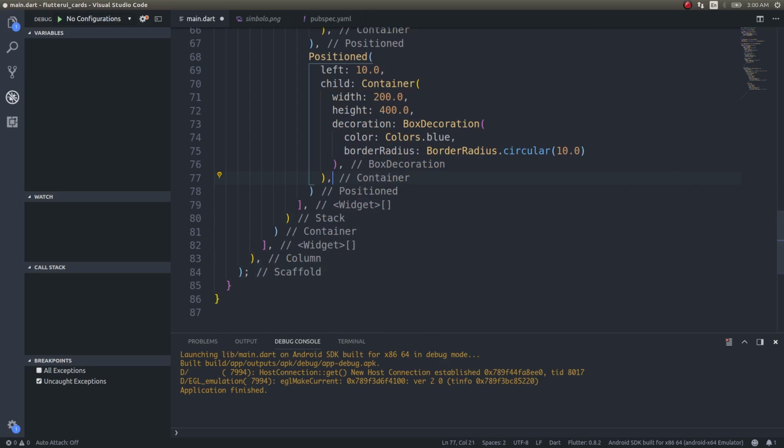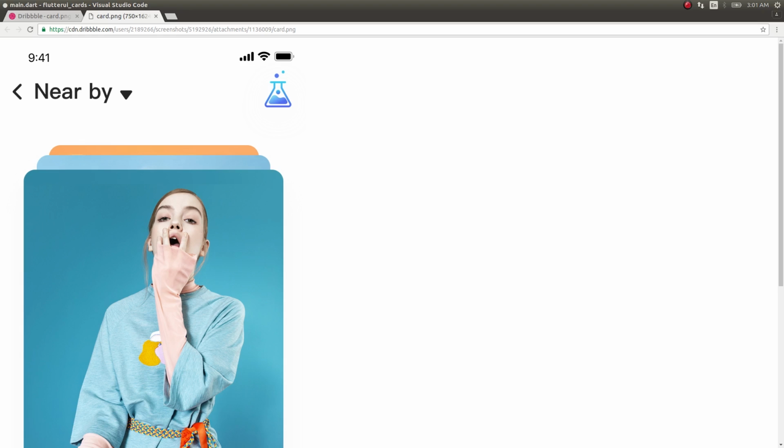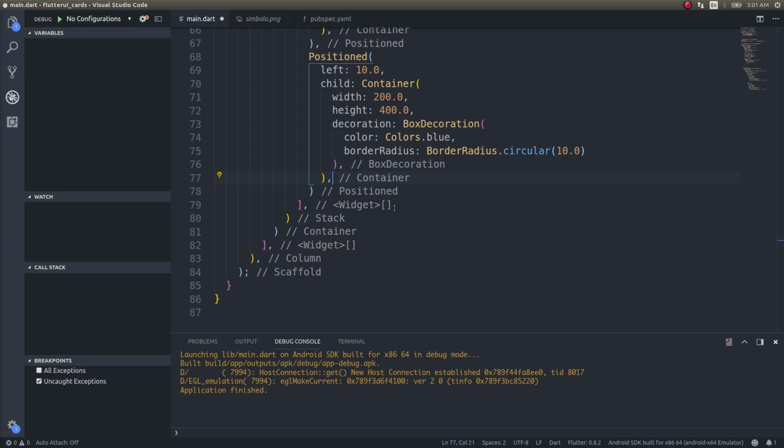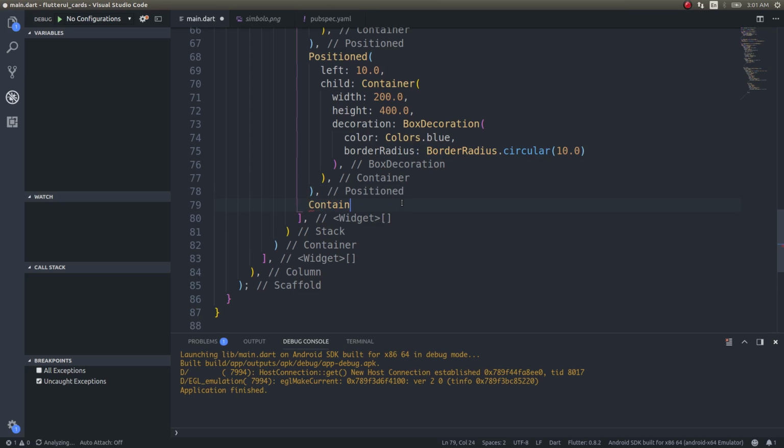Fine, we have a couple of position widgets, and the third one will be a container widget. Why is the third one the container widget? Because it will be shown all the time. This is the image container that we are going to create. So I'll just give position command container